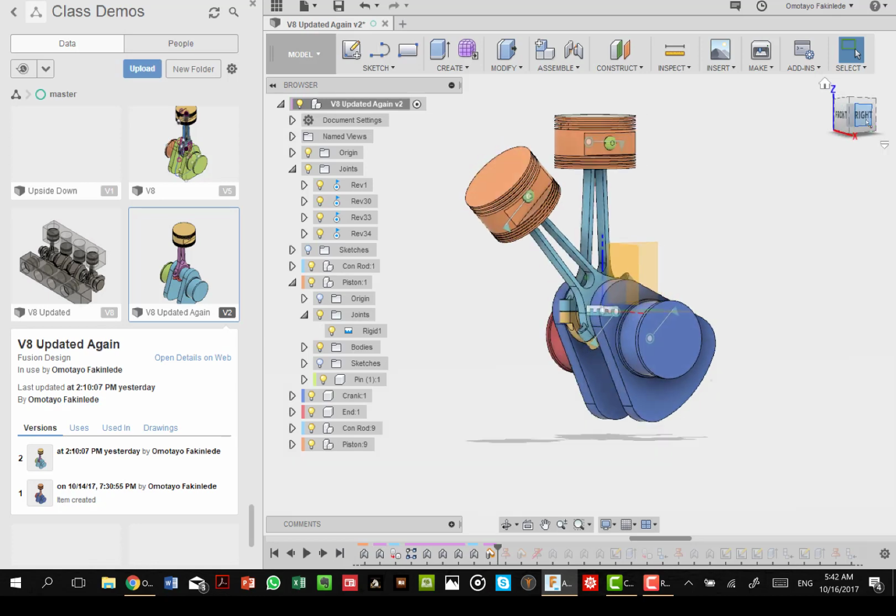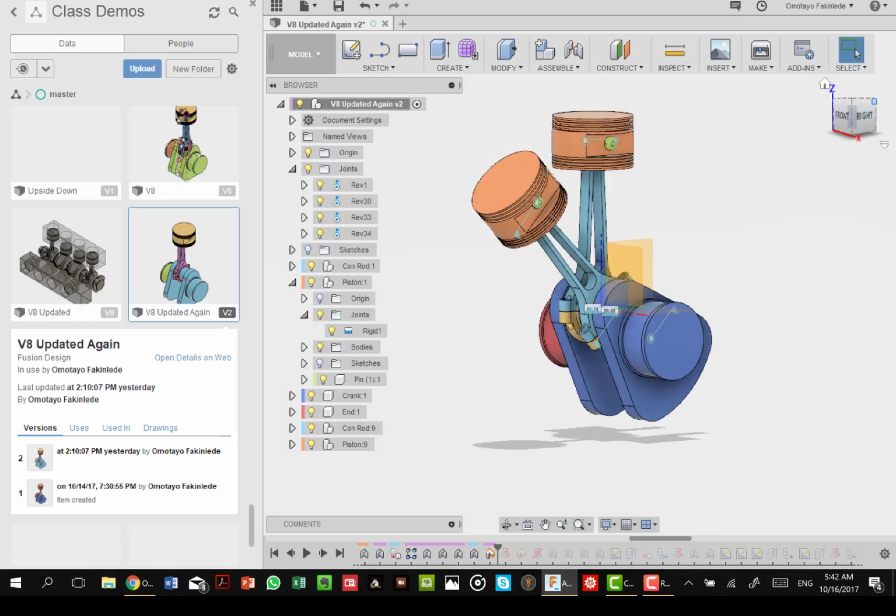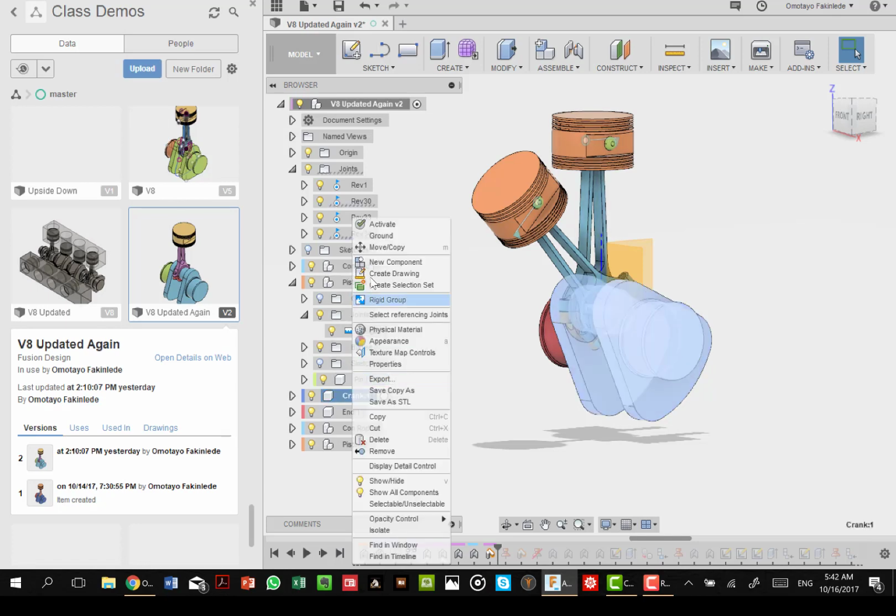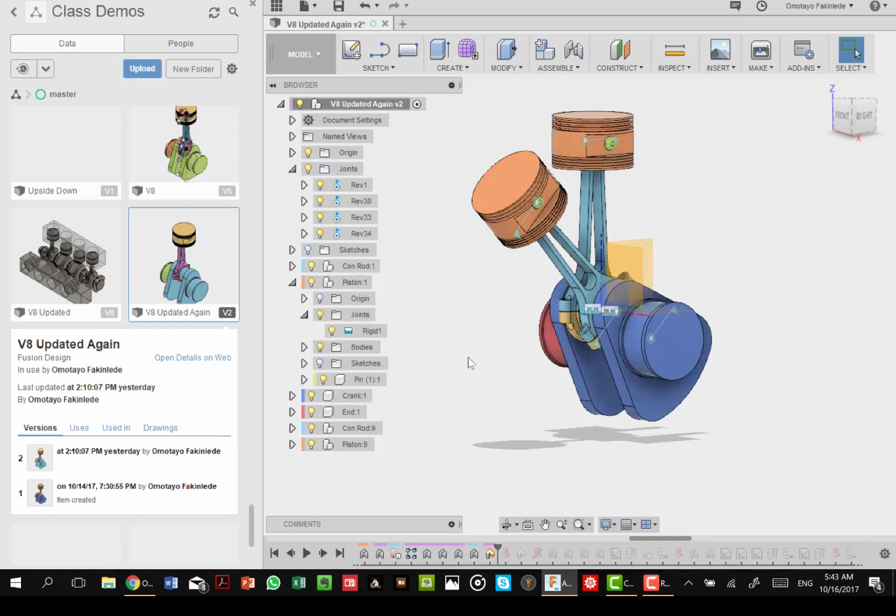Now, having done that, the next thing to do is to move this system a further 45 degrees away down here. And to make sure the crank doesn't move, we might begin by taking the crank and grounding it. If we ground the crank, we'll be assured that it will not move in that motion. So we are going to do that. So we ground that crank,